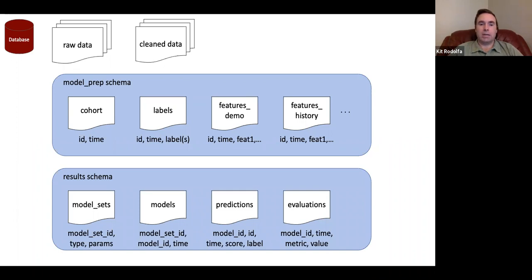And here I mentioned this idea that you might want to separate some concept of model sets or specifications that share the same types of parameters, versus models that are instantiations of those specifications on a given training set. You'll want to be able to keep track of what set a given model belongs to, so you can look at those performance results across the different training validation sets,